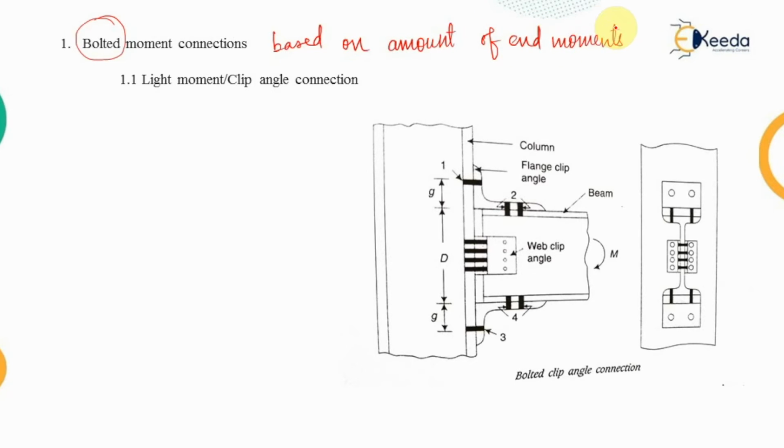First one is the light moment connection, and as the name says, whenever the moment that is coming onto the beam is low in nature, whenever the moment transferred to the beam has a lower value, then we'll be providing the light moment connections, and they are also known as the clip angle connection. Now, the first condition is